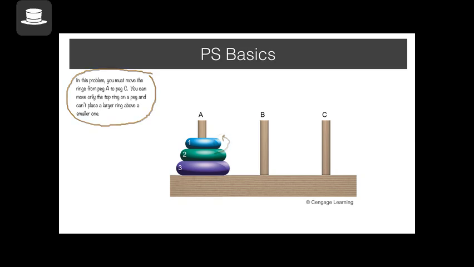Again, this is the initial stage. The end stage is that all these three rings would be here: ring number three, ring number two, ring number one. And you can only move the top ring onto a different peg, and you cannot place a larger ring above a smaller ring. So